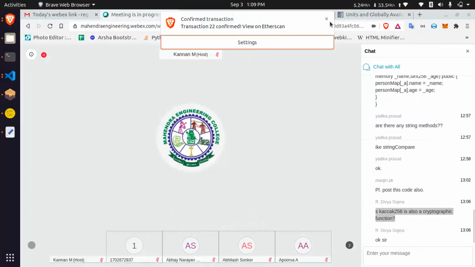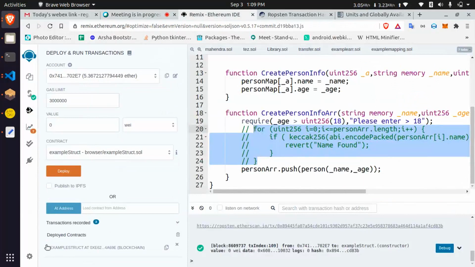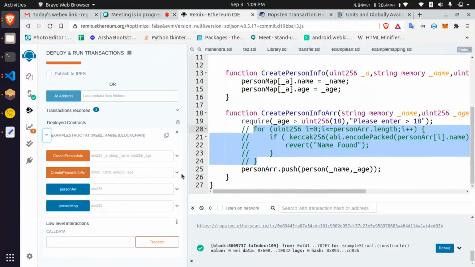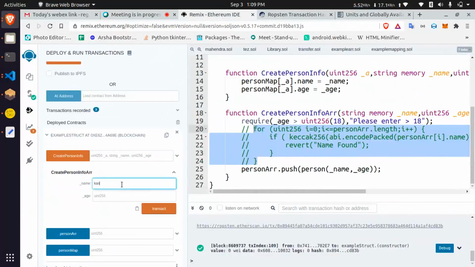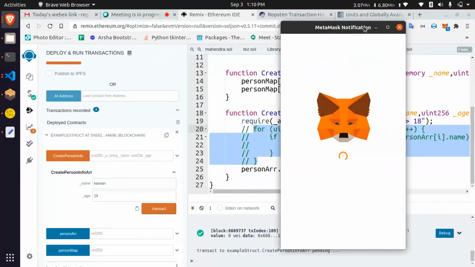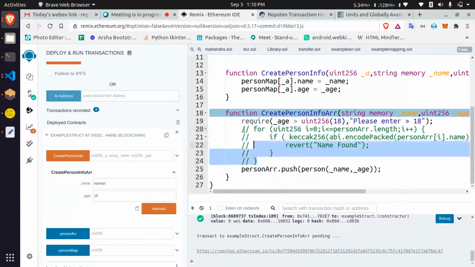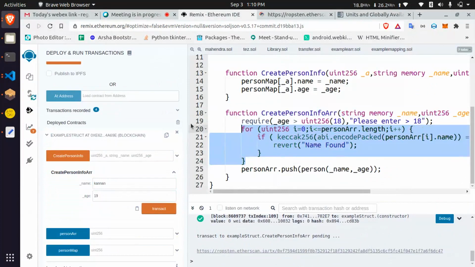Yeah, this is working. So we need to modify this for loop.